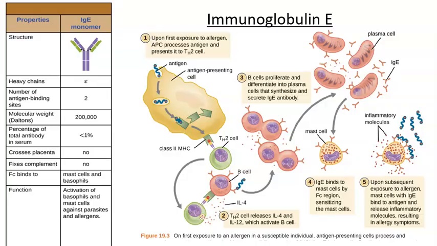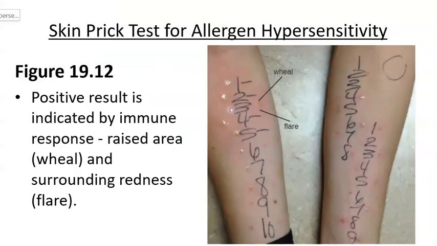Just to show you an example of one of these, I pulled this from chapter 19 where it shows you the skin prick test. And so they've taken various different cocktails of different allergens that are out there and effectively done a little skin prick on this patient right here. And yes, they do actually write in pen on the arm there. And what they're looking for is a raised area and then this surrounding redness. So a wheal and a flare,